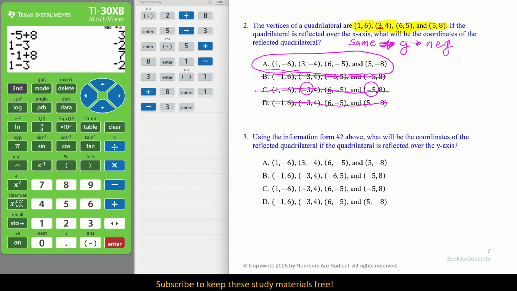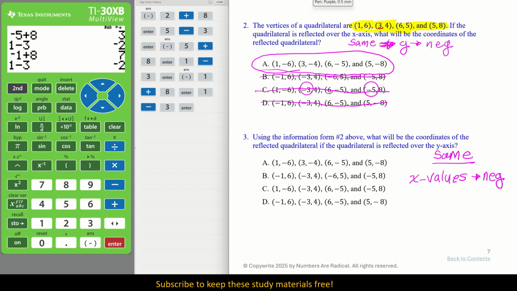We're using the same values in quadrant 1 that I have highlighted in yellow, but it will be the y values that stay the same. And that means our x values